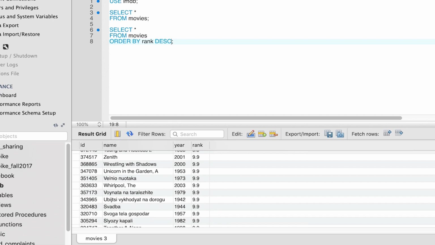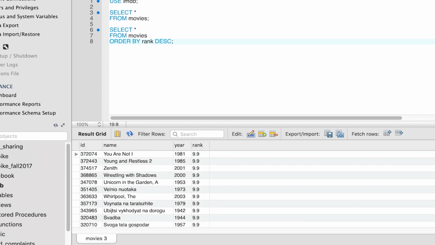Now, if you take a look at the results, you will see that we have quite a few movies having a 9.9 score, so we have a lot of ties. By default in SQL, there is no specific order among ties, so things can appear in pretty much random order. If we want to impose an order among ties, we need to add a second or a third attribute in order by. Now, let's say that we want to use the release year of the movie to break ties. So if two movies have the same rank, we're going to display first the movies that were released first.